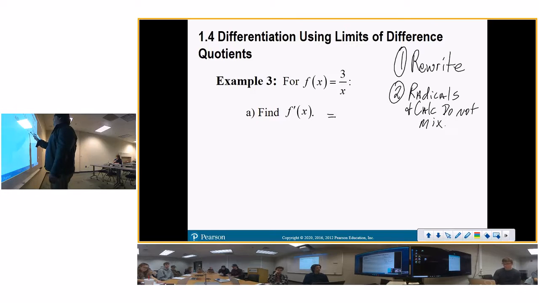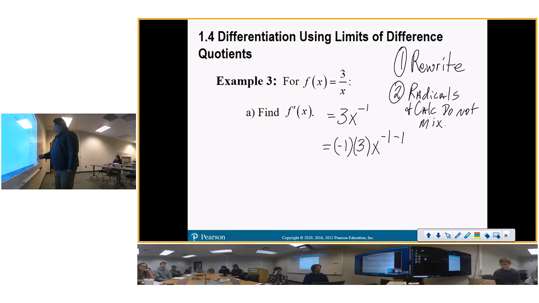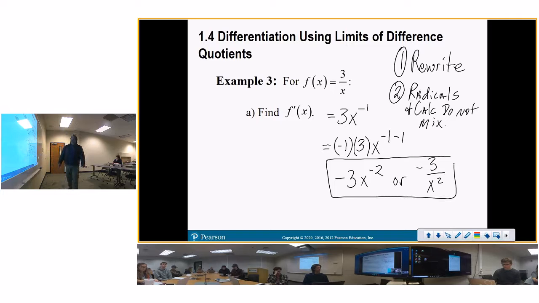as 3x to the negative 1. Now I'm going to apply my power rule. Negative 1 times 3, x to the negative 1 minus 1. Negative 3, x to the negative 2, or negative 3 over x squared. Now that's calculus. If I was to do the other,